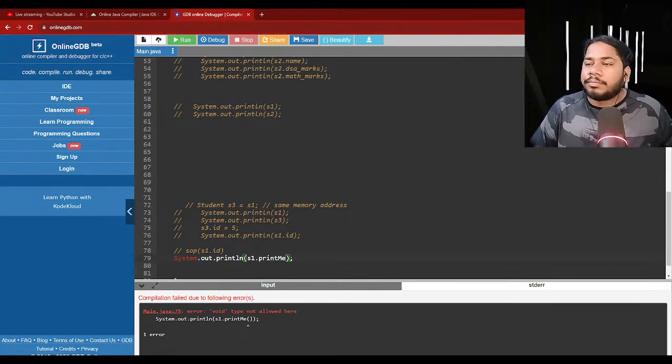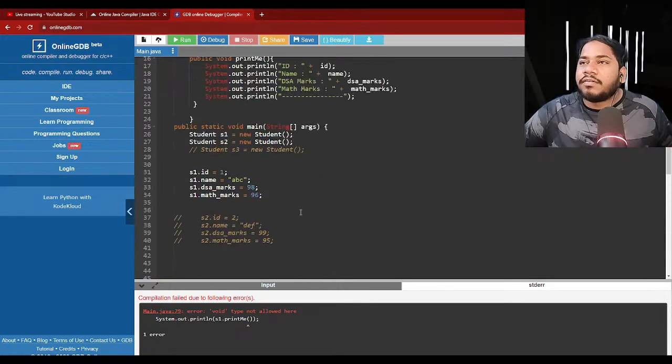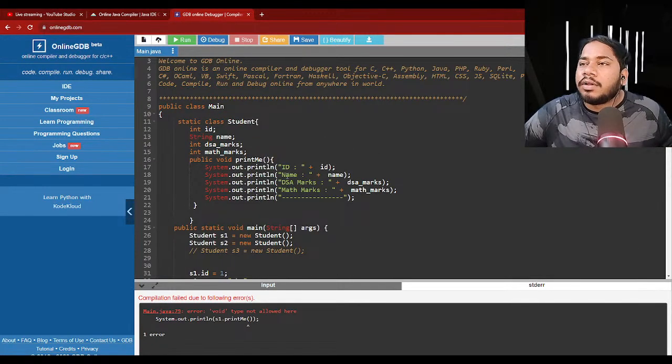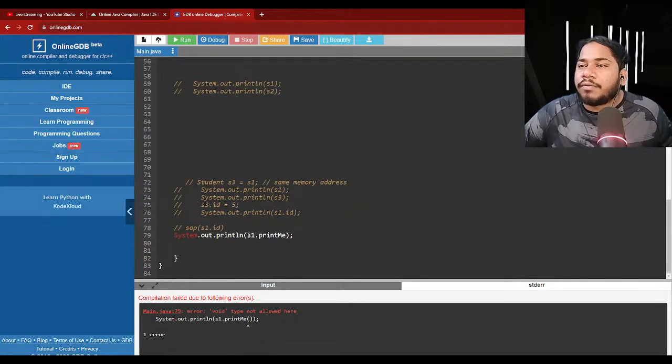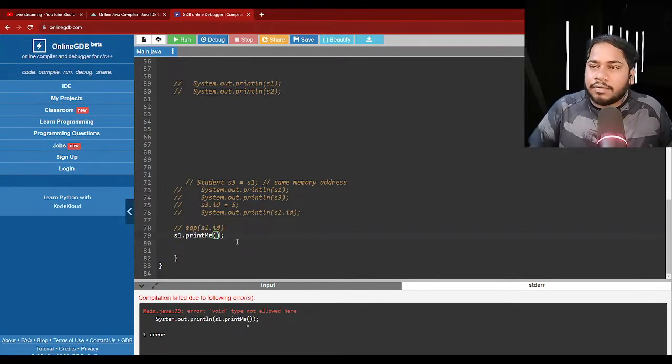Oh, sorry. What I'm doing, guys? We don't have to print that, right? Because this will not print. This function, I'm so sorry, this function is returning void. So how will we print that? We can directly use this. This will work,